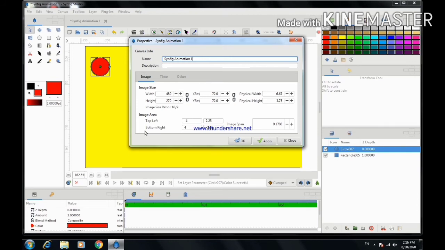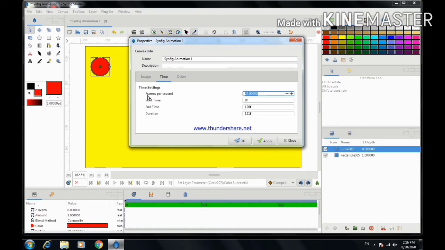Okay, this is the image information. Now next is time. What is the frame per second? Here by default it is 24. In Synfig animation, the default frame rate is 24 fps, 24 frames per second. Start time 0th frame and end time is 120 frame. Means how many seconds we have? We have total 5-second animation. Means in a Synfig we are provided by default a 5-second time with the frame rate 24 fps. Okay, so we are not changing anything over here.